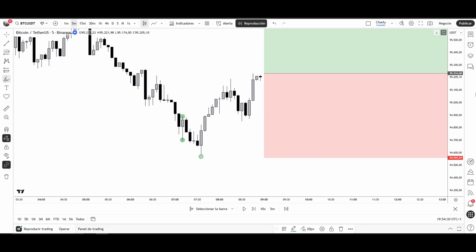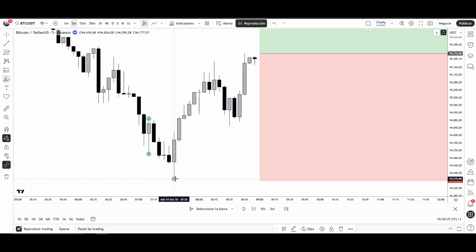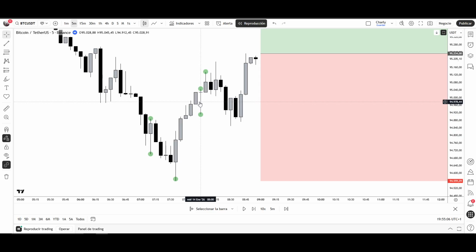And it's very important that we see how the price is building this structure. First of all, we have low, high, higher low, higher high. We have to realize how this candle was built because we can have two possibilities. This one or this one. All depends on which point was made first. This candle first made the high and then the low, or first made the low and then the high. So we have to go to the 1 minute and see in the 1 minute structure which level